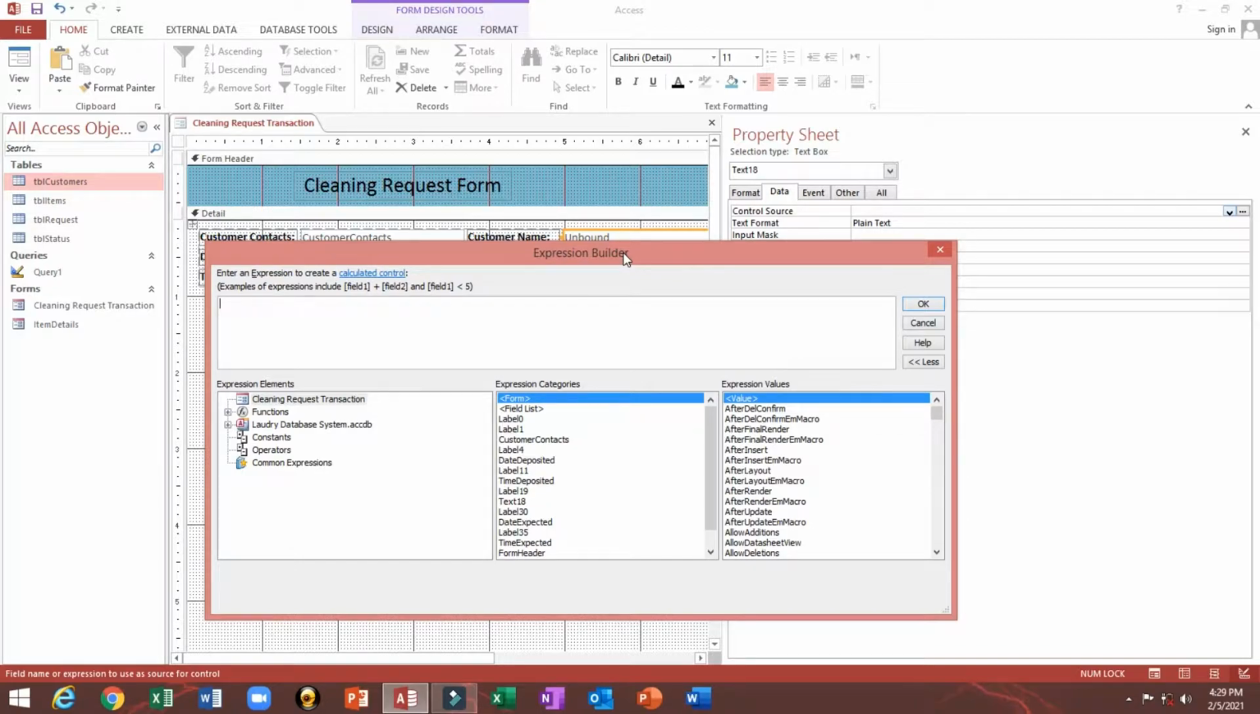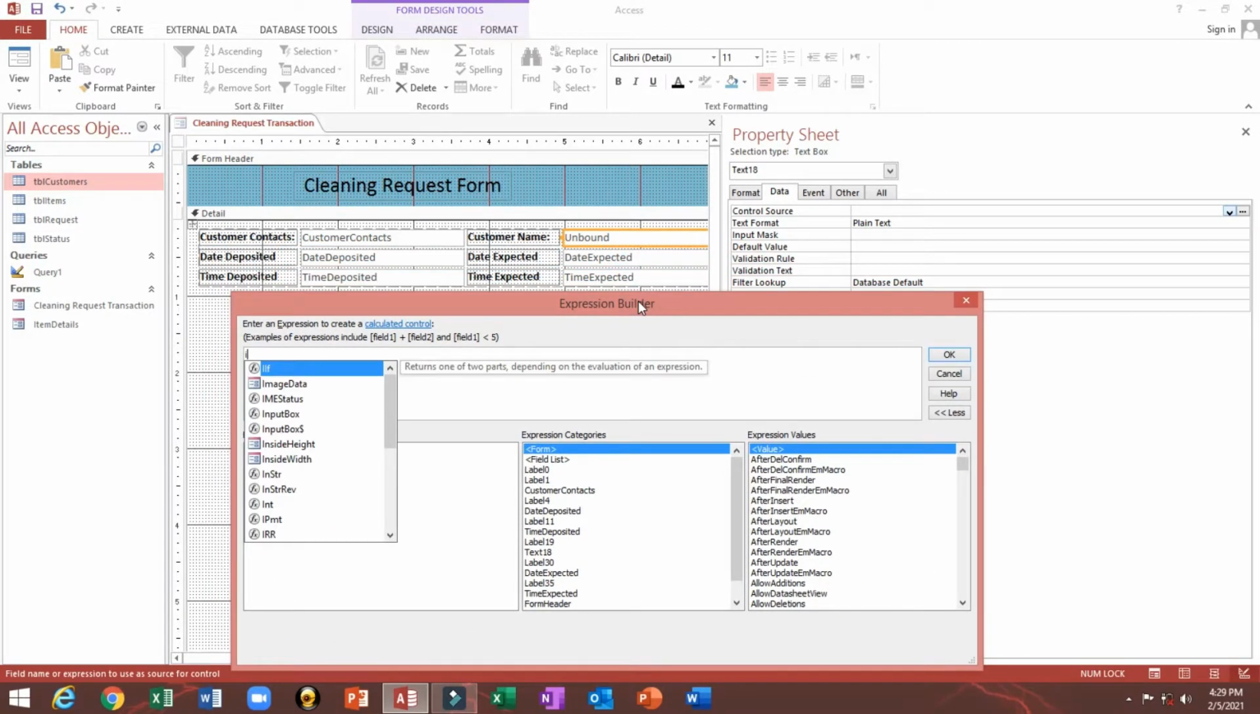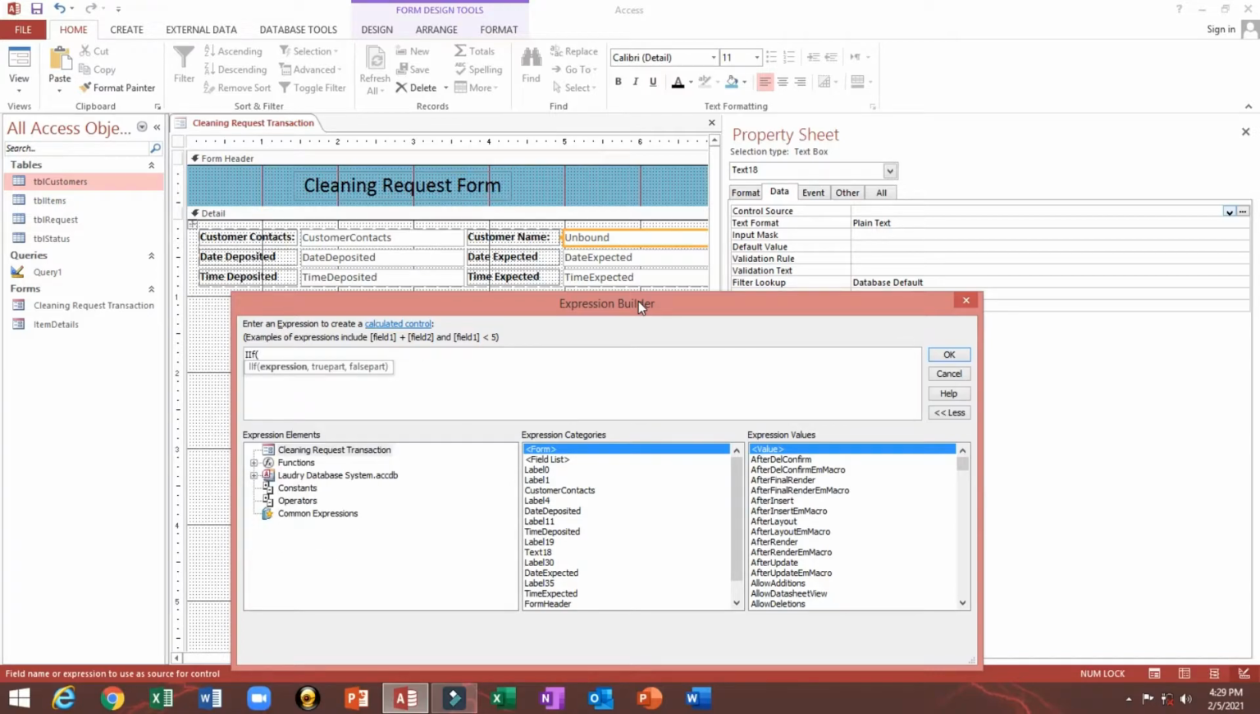First, we'll use the IIf function. IIf is null, then field, which is customer contacts. This one, this is the one, customer contacts. If null, so meaning blank or no entries, then the true part is we'll put also blank. Then